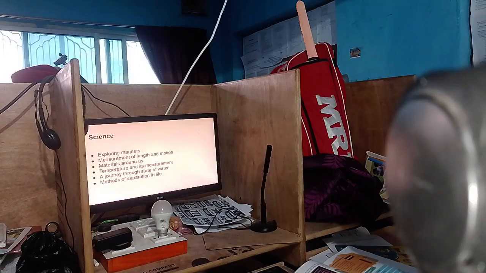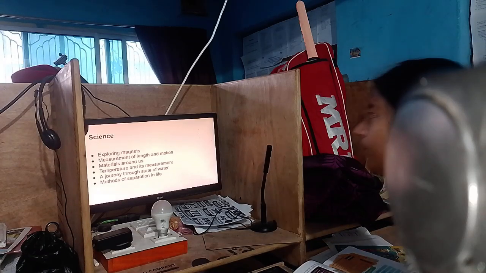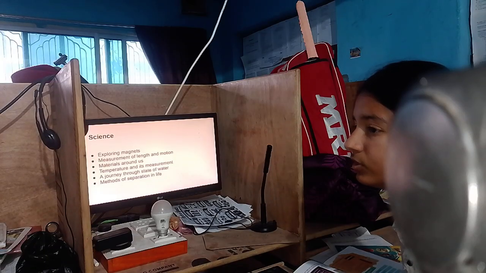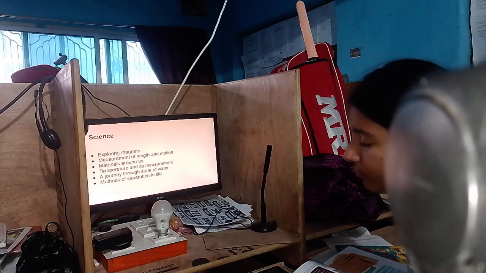Which one do I have to talk about first? Magnetic material. First, talk about magnetic material. You can see magnets used in the fridge. You can see magnets also used in the fridge. And anything magnet is